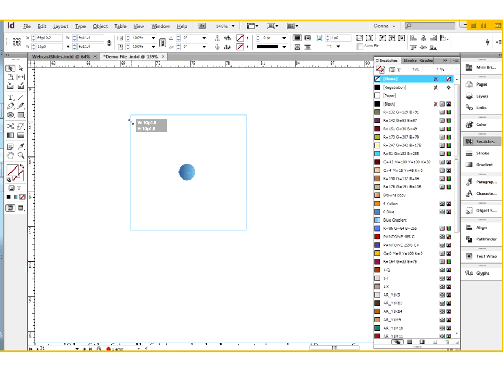How can I resize this from the center? And I can do that just the way I created it. Place my cursor over a corner handle, which allows you to size vertically and horizontally at the same time. Hold down my Shift key, but I'm also going to hold down my Alt key. And now as it resizes